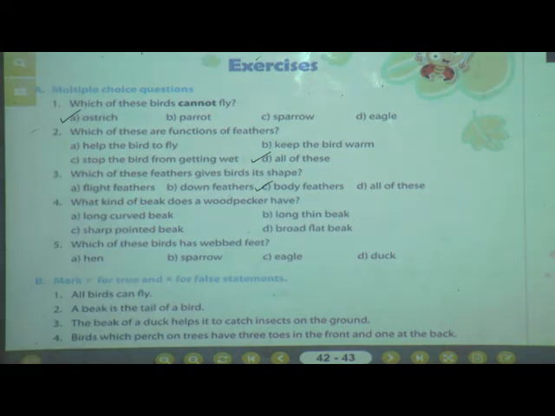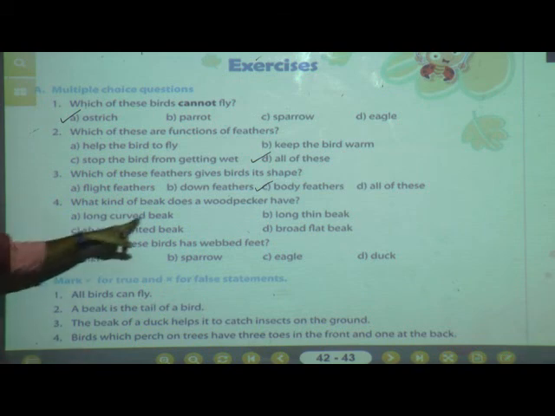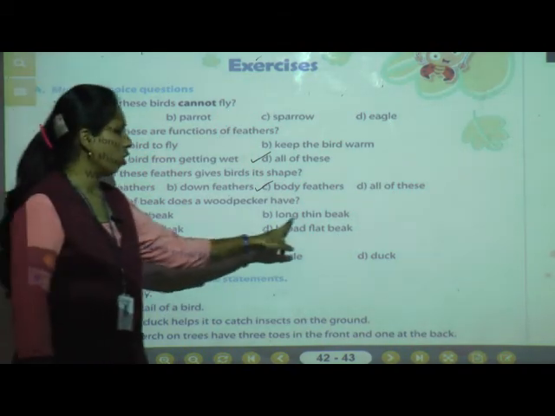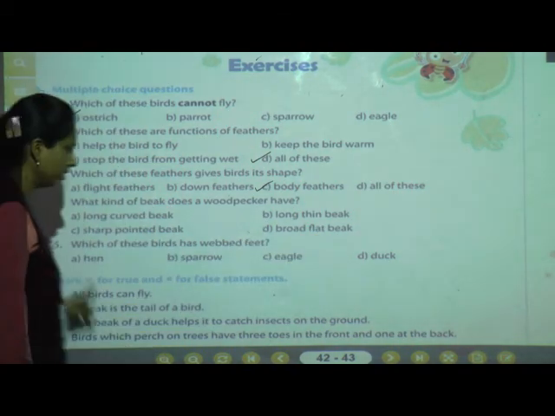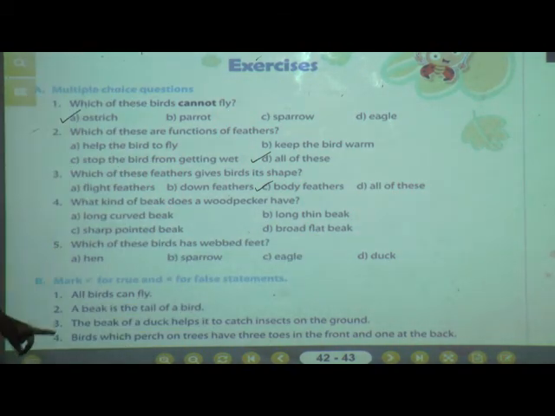Okay, body feathers help birds to give their shape. Now the fourth one, what kind of beak does a woodpecker have? Yes, first is long curved beak. No. Long thin beak? Not at all. Sharp pointed beak? Yes, because what does the woodpecker do? We have studied now. Do you remember? Yes.